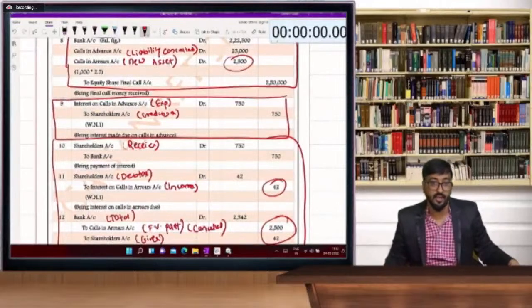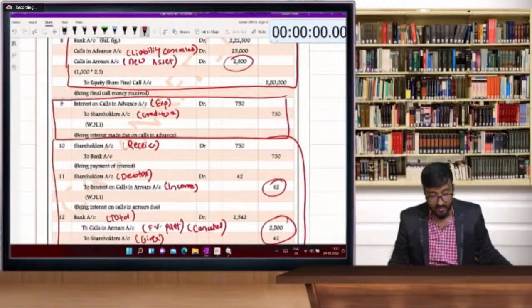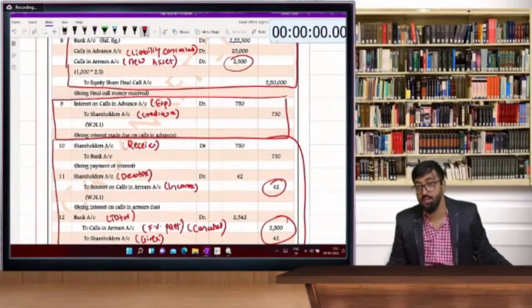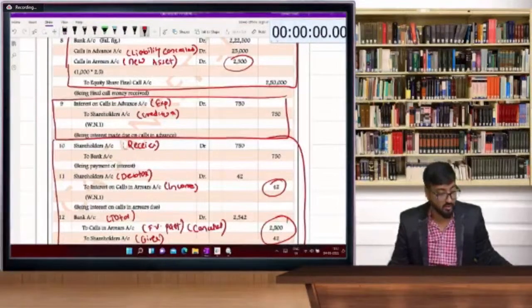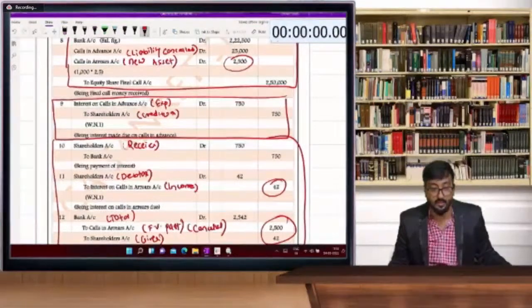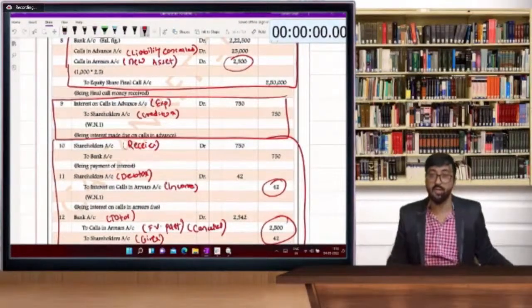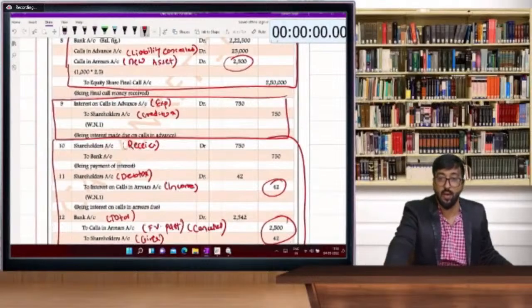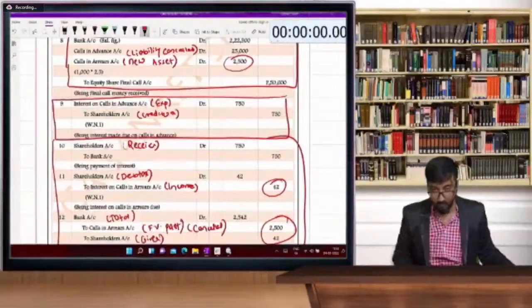Chalo, yes, we are done with these entries. You need a break of 5 minutes, 12:05, so that after the break we are going to start a fresh session of reissue. All of you are waiting for reissue. It's very simple actually. If you are aware of the basic entries of forfeiture and if you're all ready, I will give you a break of 5 minutes. So chalo, let's take a break of 5 minutes and we'll meet at 12:05. Take a break.